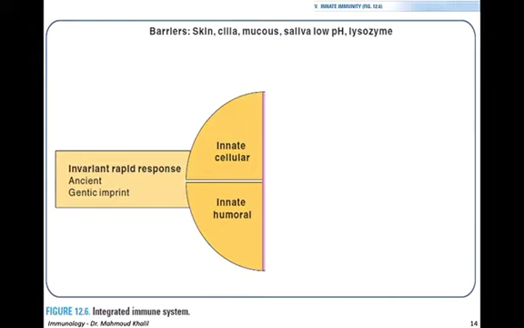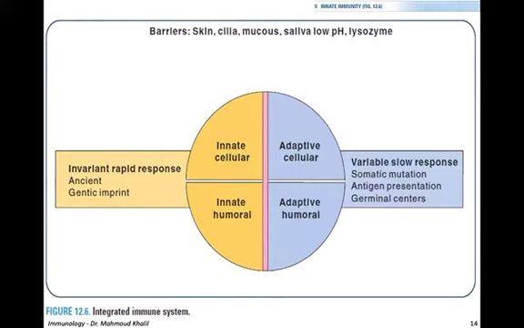Okay. That's why it's very ancient, and it is a genetic imprint. This immunity is a kind of genetic imprint. While the adaptive is divided into cellular and humoral, and it's variable, which is different than the innate, and the response is slower than the innate. And a lot of factors, as we will know in the next lectures,